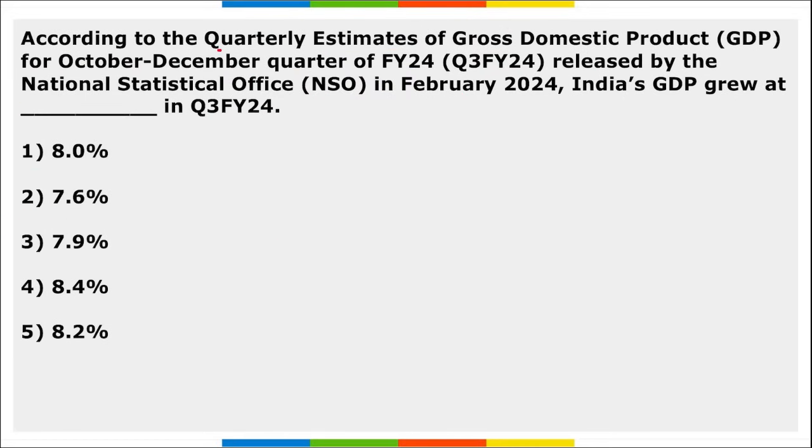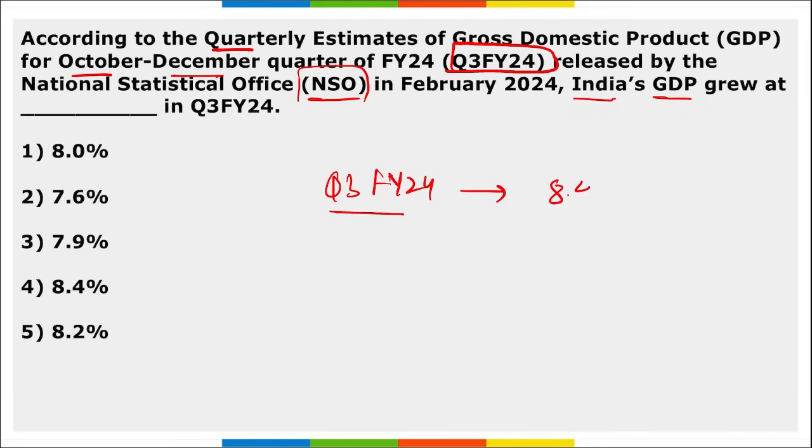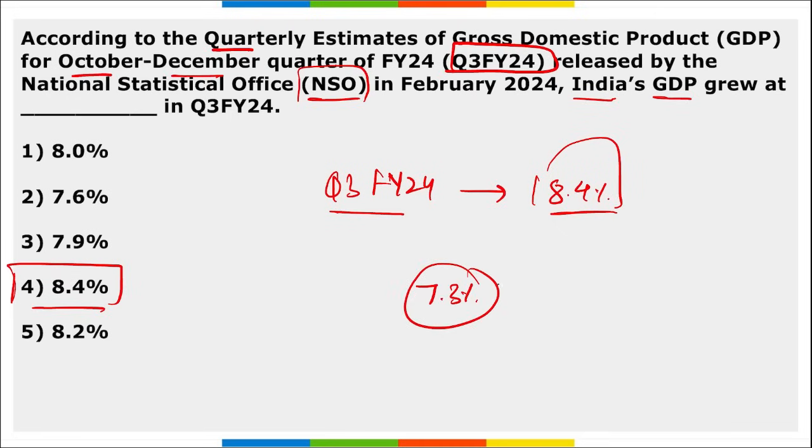Next, according to quarterly estimates of GDP for the October to December quarter, that is the third quarter of fiscal year 24, this data was released by NSO in Feb 2024, and India's GDP grew at what percent? So remember, in the third quarter of fiscal year 24, India's GDP grew by 8.4%. Right, this was better than the expected data, and we were actually expecting around 7.3% of growth,